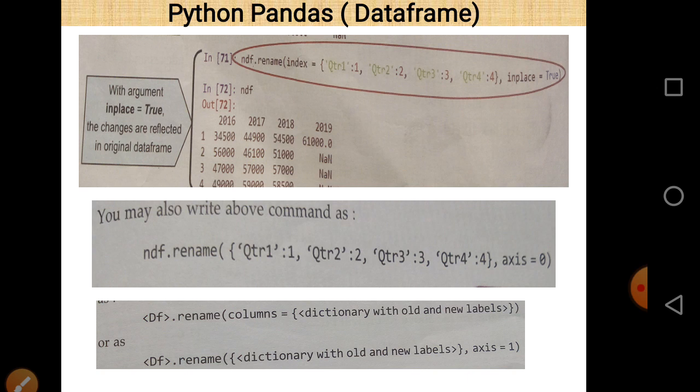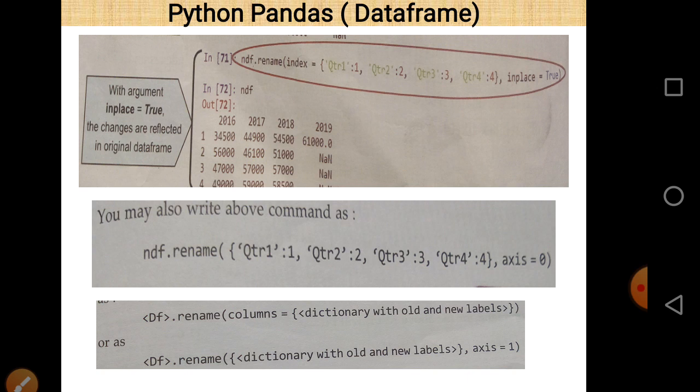Now the second example is related to axis. We take another parameter, axis. So axis is equal to 0. We want to take axis is equal to 0 with the rename function.